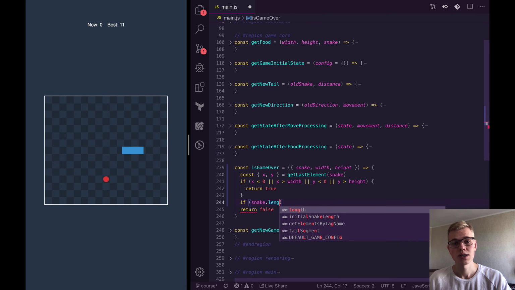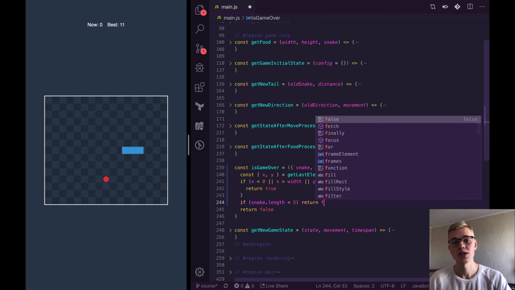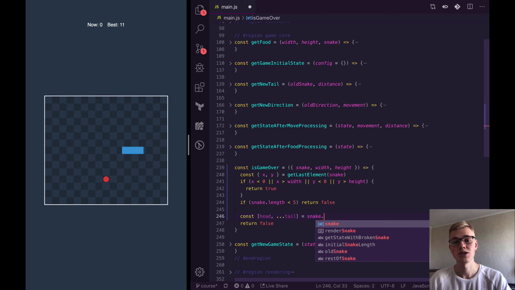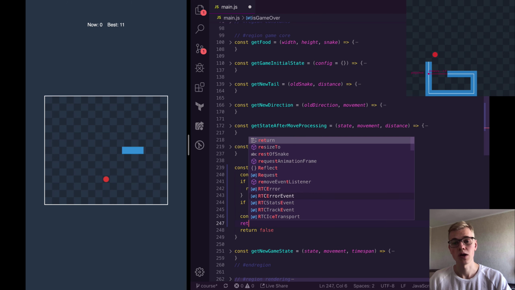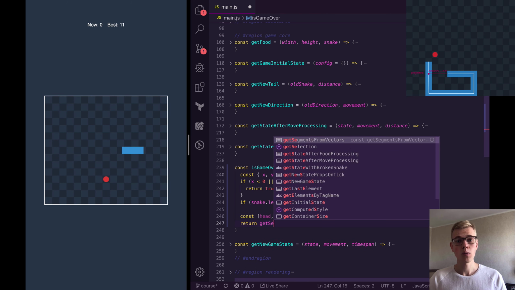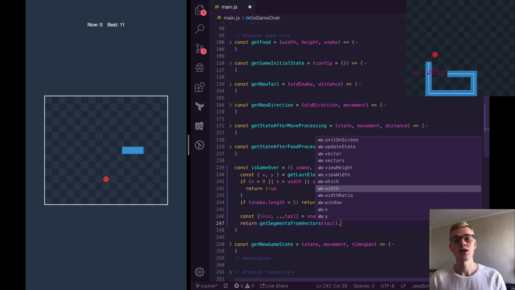The second case can only happen when the length of the snake is bigger than 5. It's the only case when the snake can intersect itself. So here we take the head and the tail from the snake, and we use slice then reverse, because reverse mutates the initial array. So here we want to check if there is some segment in the tail that intersects